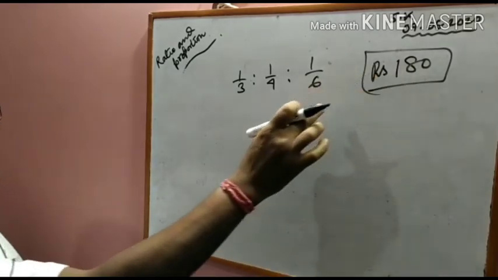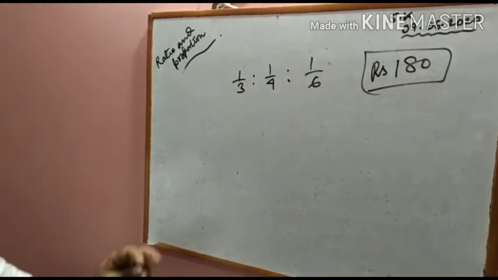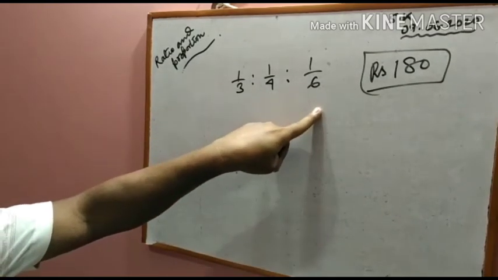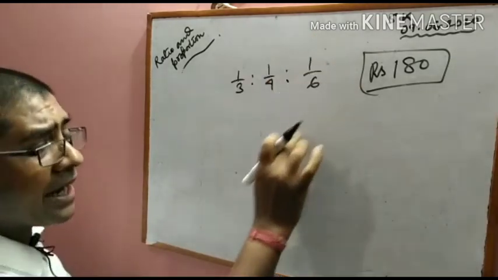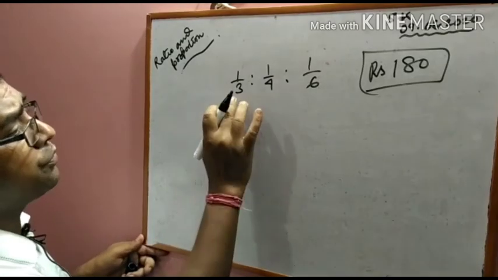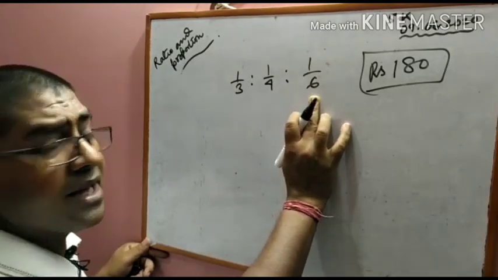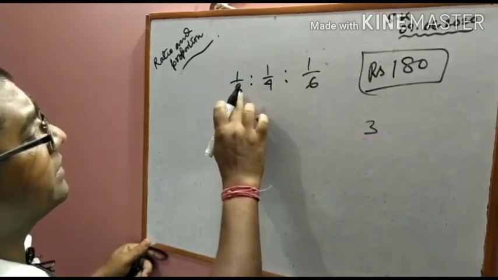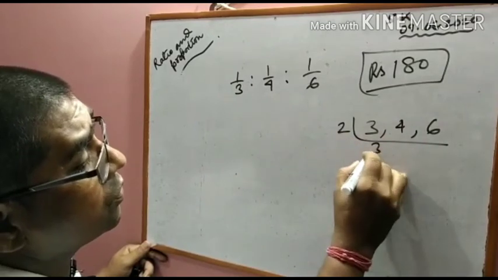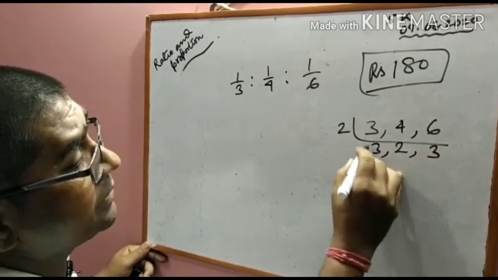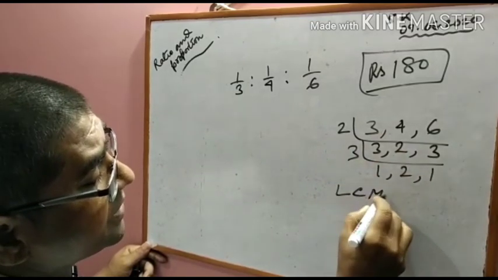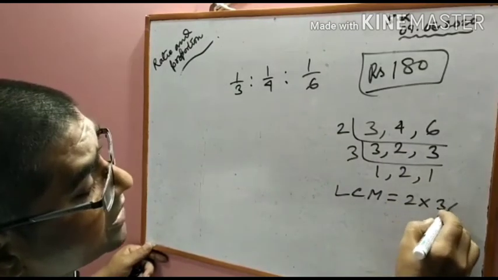Okay, this amount of rupees has to be divided among 3 children in this ratio. So at first we have to make the ratio in natural numbers. For that we have to find out the LCM of denominators 3, 4 and 6. 2, 2, 3, 3, 1, 2, 1. So LCM equals 2 into 3 into 2,